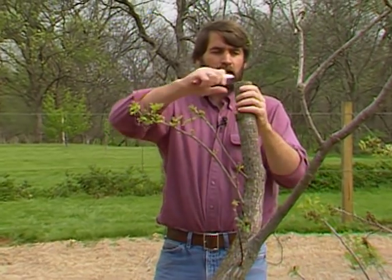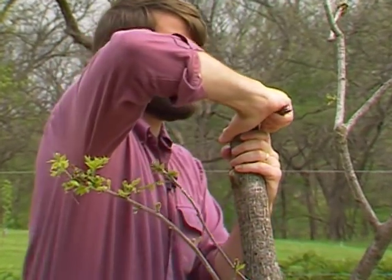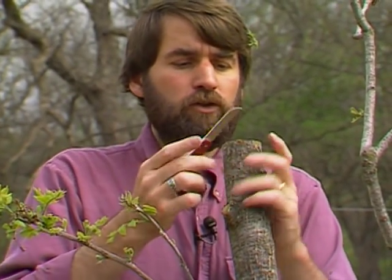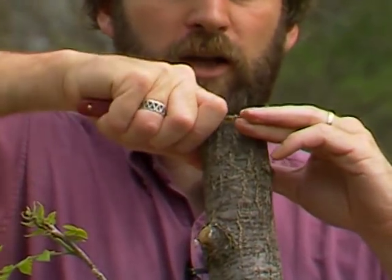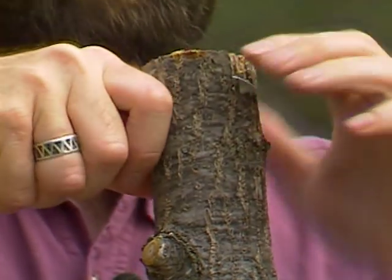Second step, after you cut off your branch, just clean it up a little bit. Now if the bark is very thick, you can shave that off some. If you look down on it, right at the intersection, right where the